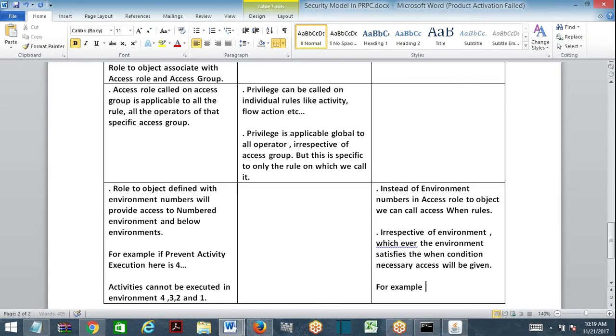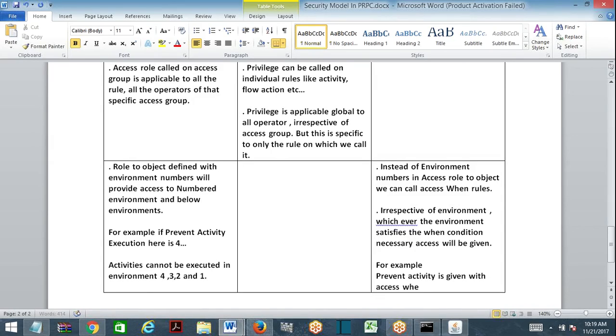For example, Prevent Activities is given with access when A is equal to 10.